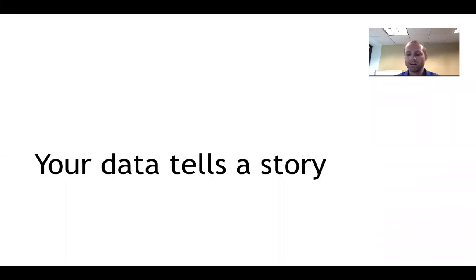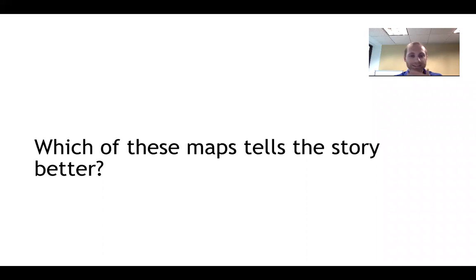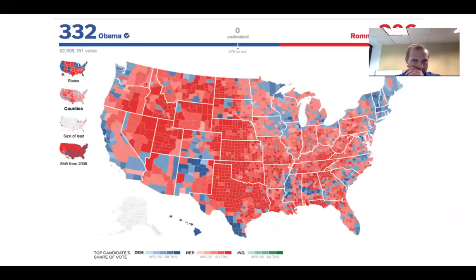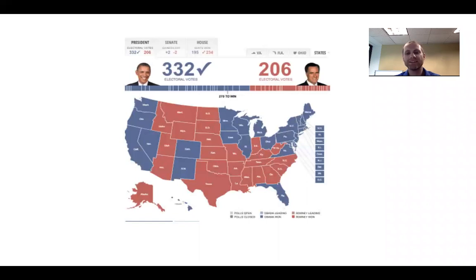structure of the data. Okay, so for instance, as an example, which of these following maps will tell a better story? We're looking at the counties that voted majority for Obama versus Romney, and we can see from this map it looks like the overwhelming majority of counties voted in favor of Romney, not Obama. And similarly at the state level, we can see more of a half and half split between Republican voters and